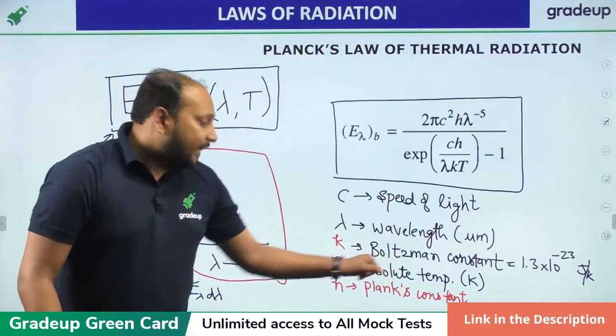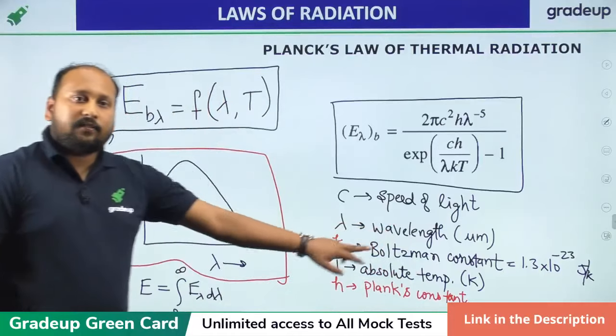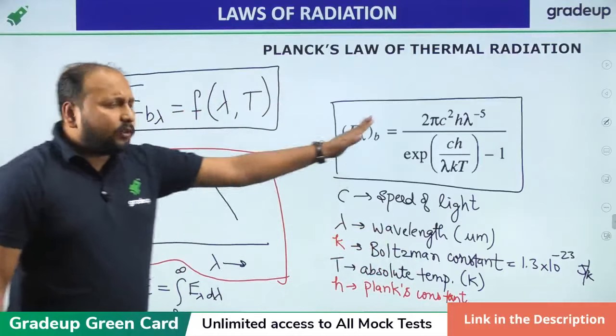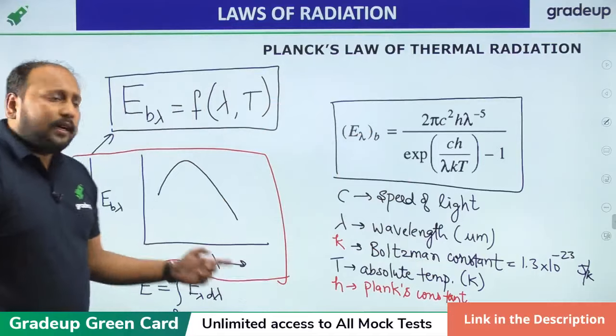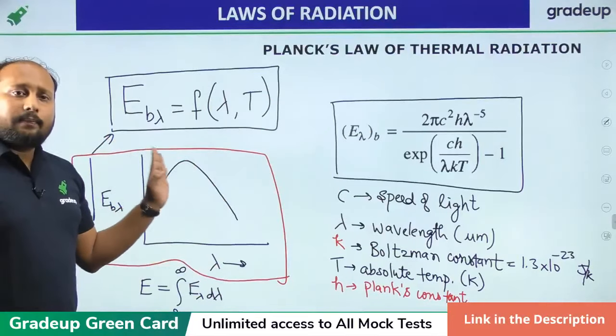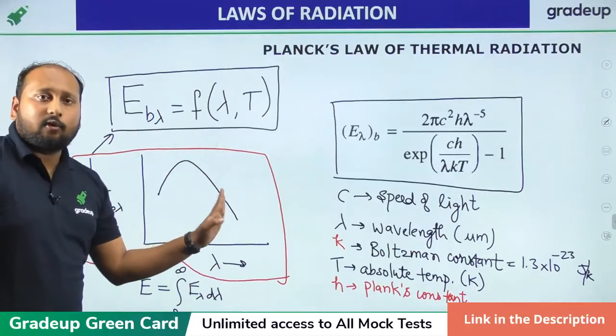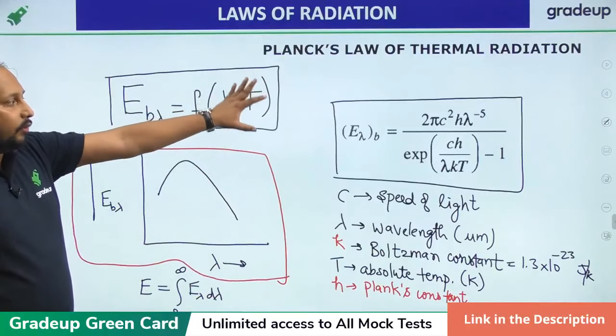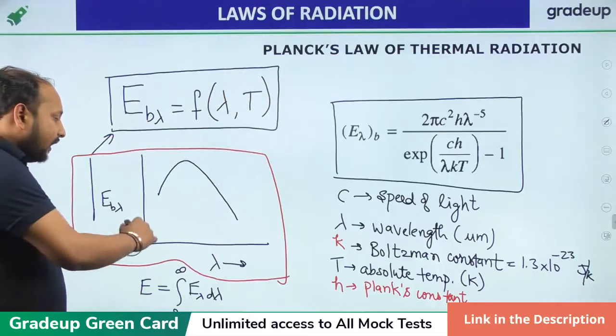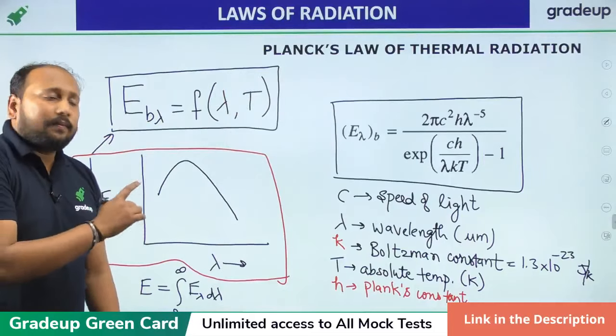K is Boltzmann constant and h is Planck's constant. Fine, just rectify this. Now, no need to go deep into this equation, you only need to understand this curve, because the questions are basically repeated and the concept is kept in this curve only. Planck gave an equation, and from this equation he plotted a graph between the monochromatic emissivity of a black body